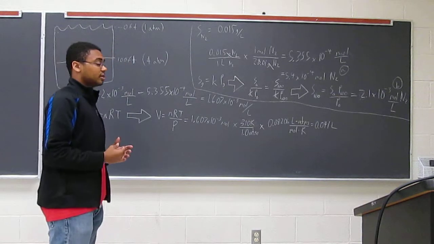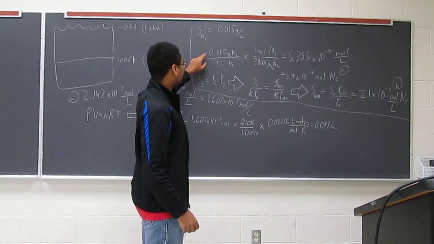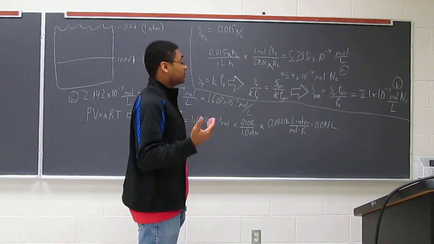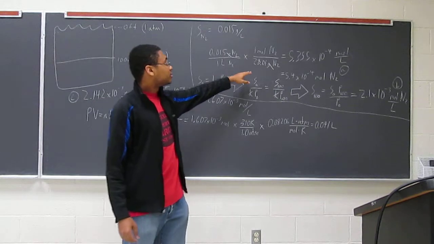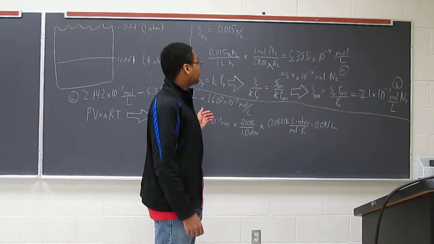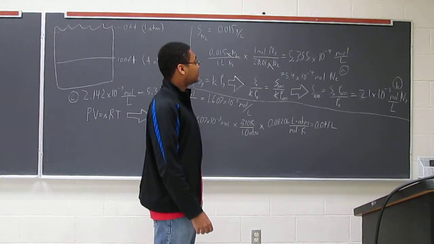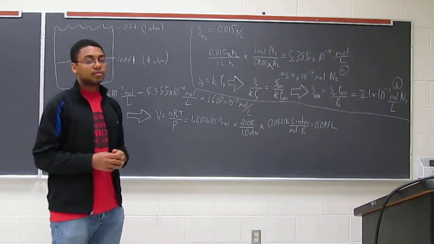To get from this to a molar solubility, all we need to do is divide this number by the molar mass of nitrogen gas, which is 28.01 grams. And so from here, we simply get the molar solubility number, which is 5.355 times 10 to the negative fourth